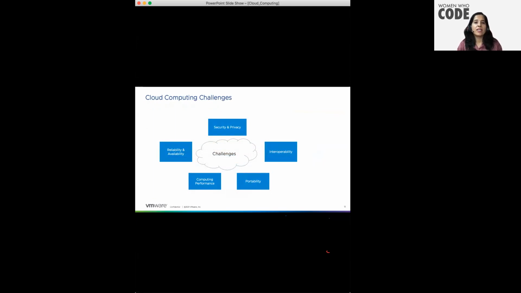Now your data is stored in the public cloud. Many customers are not ready to share, or they have that security constraint, or maybe compliance policies where their data can't be stored in a server located in some other geographic location. That is also one more thing. That's why you must have heard in the news that the data centers should be in India if we are storing some government data in the cloud. So these are the main issues, security and privacy issues.